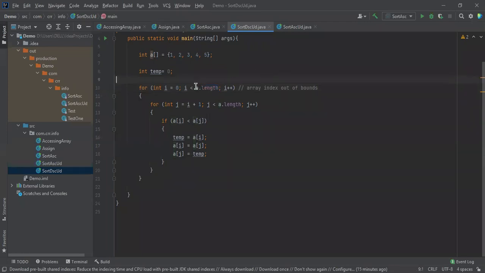I think you got the point. We know that it is 5, but at the time of dynamic allocation, we don't know the length. That's why we need to mention the length of the array. It must be mentioned if you are passing the elements dynamically. Please remember this.